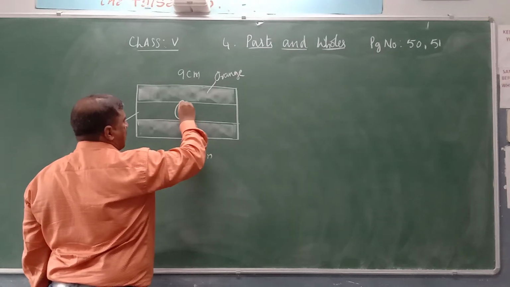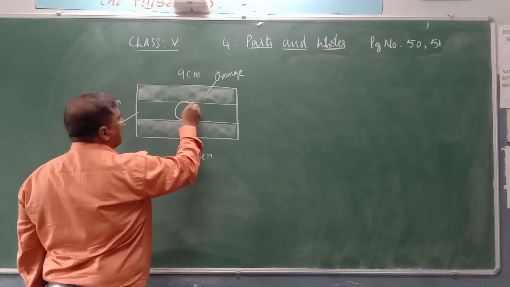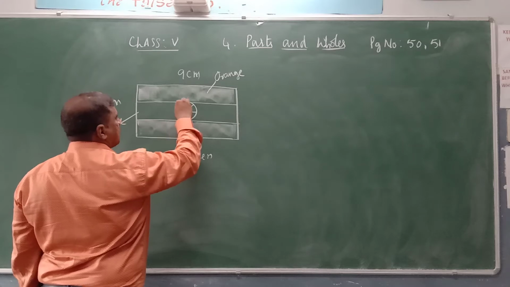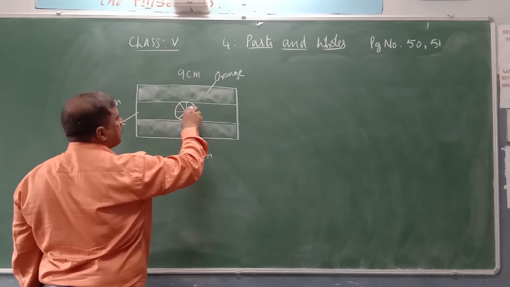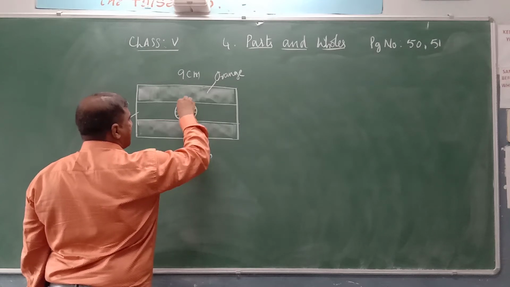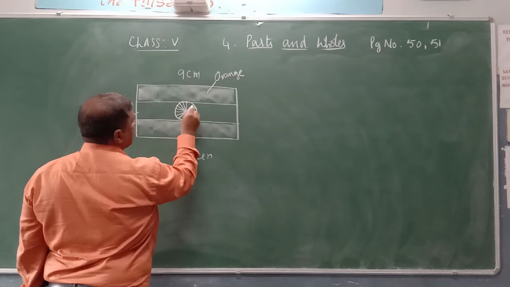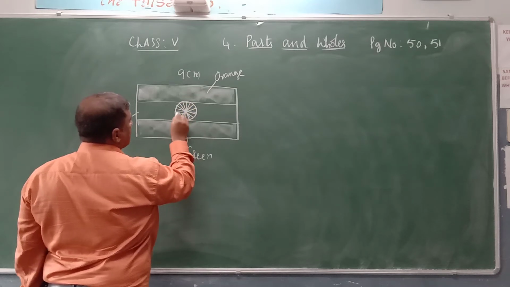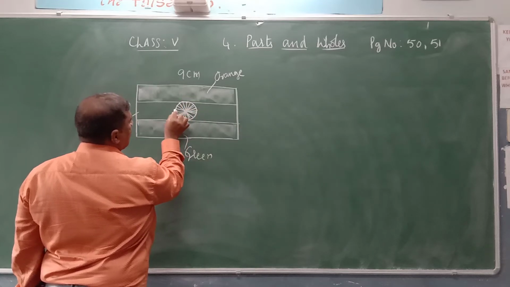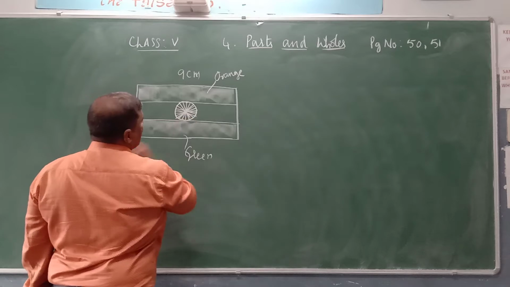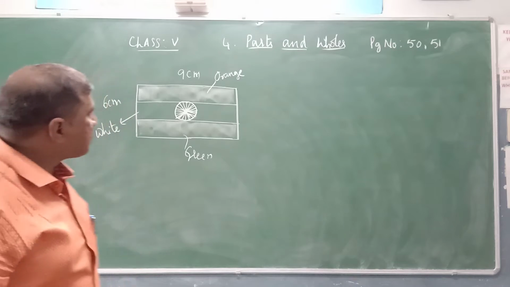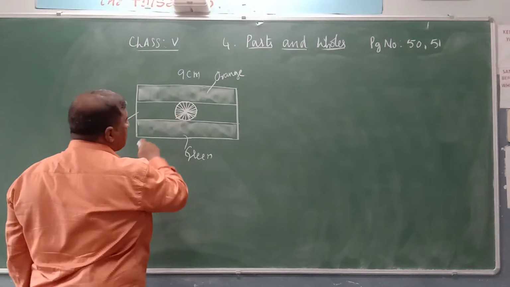Draw the Ashok Chakra in a circle, and we find that there will be 24 lines. Yes, draw like this, 24. Count: 1, 2, 3, 4, 5, 6, 7, 8, 9, 10, 11, and here we have 12. Like this, you draw 12 into 2, it is 24. You will get 24 lines in this. This is our emblem, the Ashok Chakra.